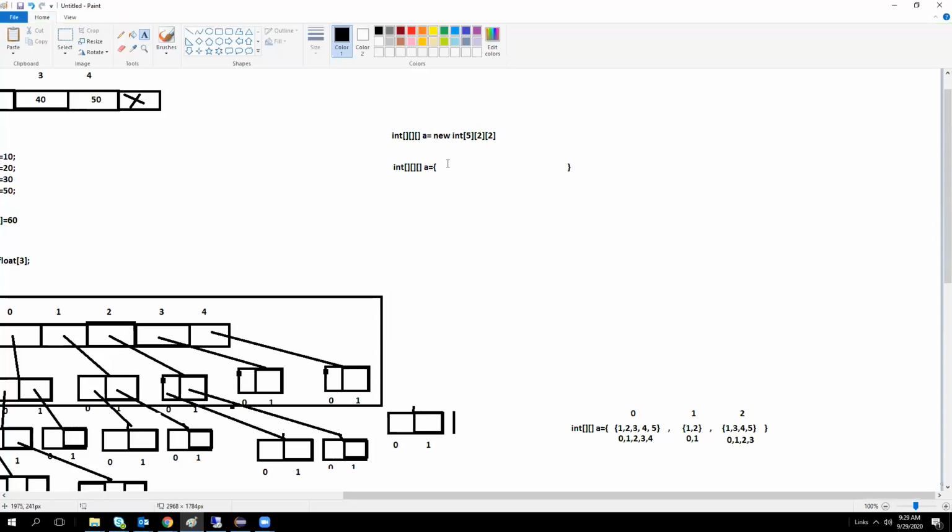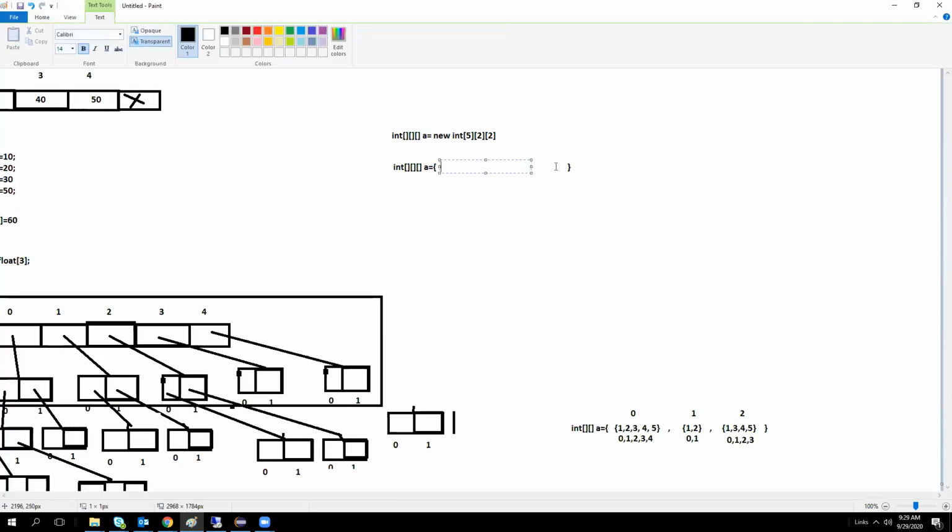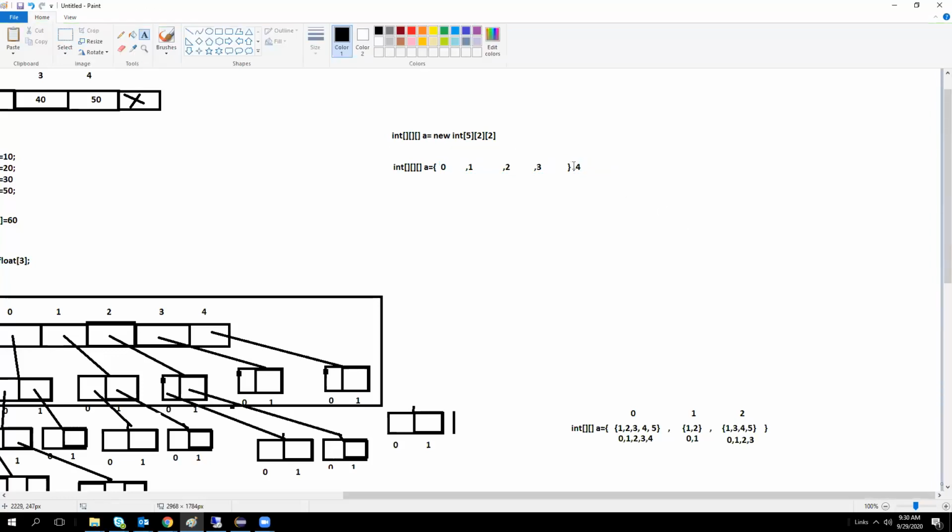Now how we will initialize the values in the same arrays, we will see. 5 means indexes 0, 1, 2, 3, and then 4.